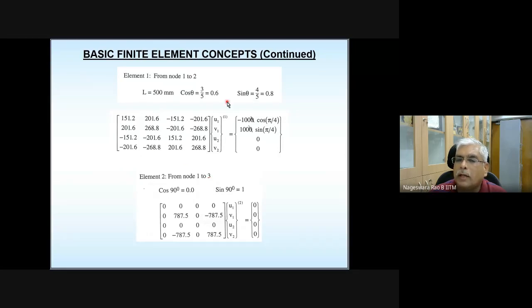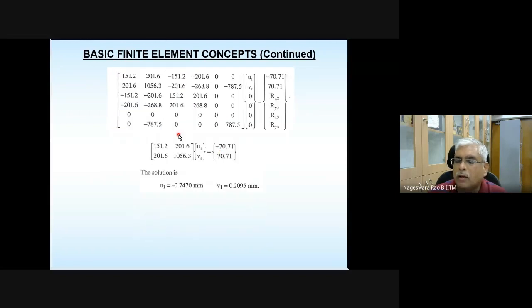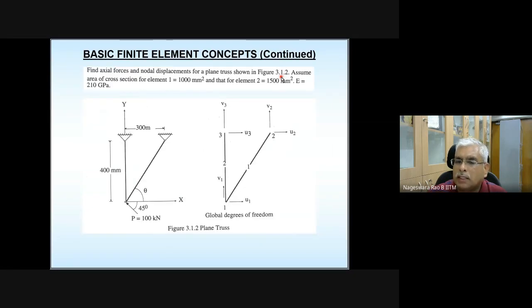So once you get the local element equations, you assemble and get the global equation system, and then apply the boundary conditions. What are the boundary conditions? They come from the physics of the problem. This location is numbered as node 2, this is numbered as node 3. Global node 2, global node 3.